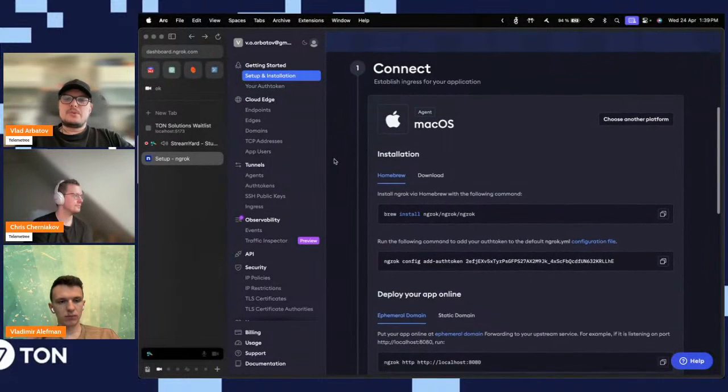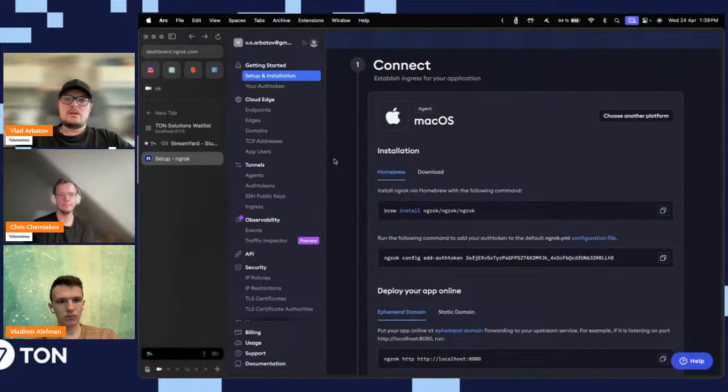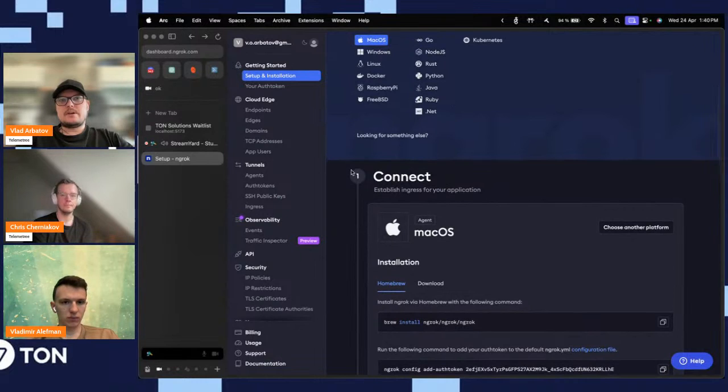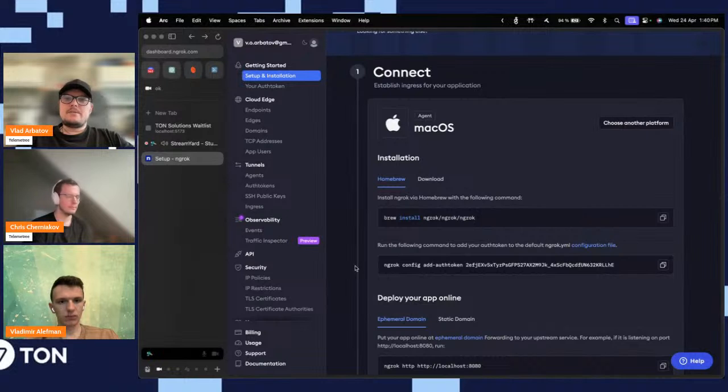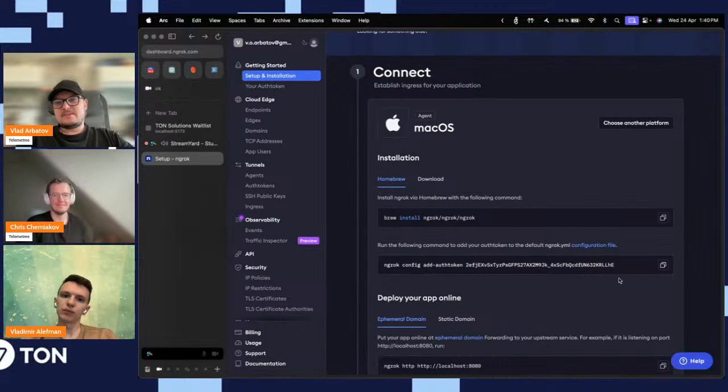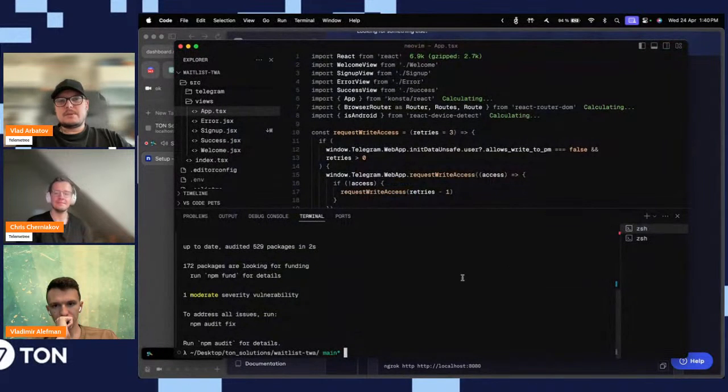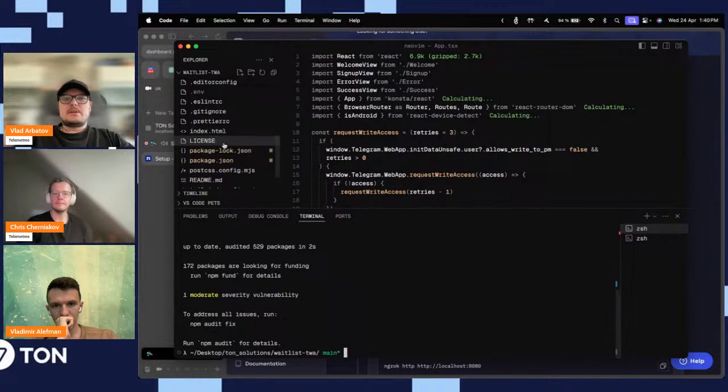You have to do two things. You want to install it with brew, or if you have any other system, you'll have to do it with the other package manager, and then you just run the authentication command. Don't worry, I'm going to change the authentication token after the workshop, so it's not going to be exposed. So basically, you do these two commands, and then inside your application in the